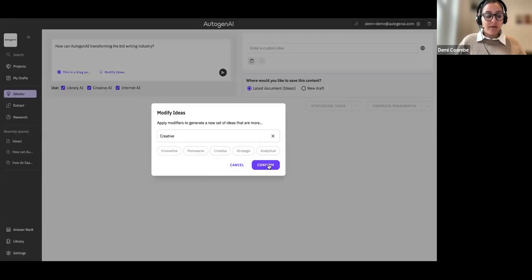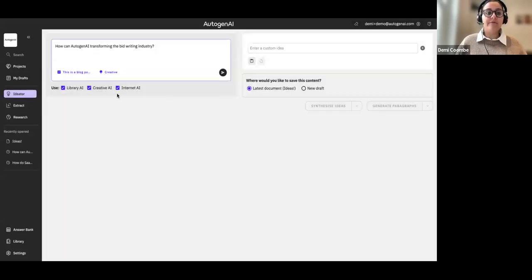Maybe I want my ideas to be written in a way that is more creative. I can choose to pull from the library, so getting directly from my company's documents, or I can use Creative AI and Internet AI. I'm going to click go, and individual ideas are going to start to pop up for me that I can pick and select and choose which ones I would want to essentially go into my piece of writing. So the idea with the ideator is that it's a great way to get you off of the